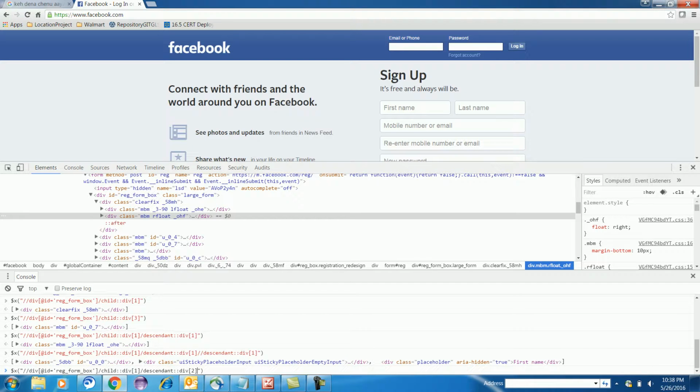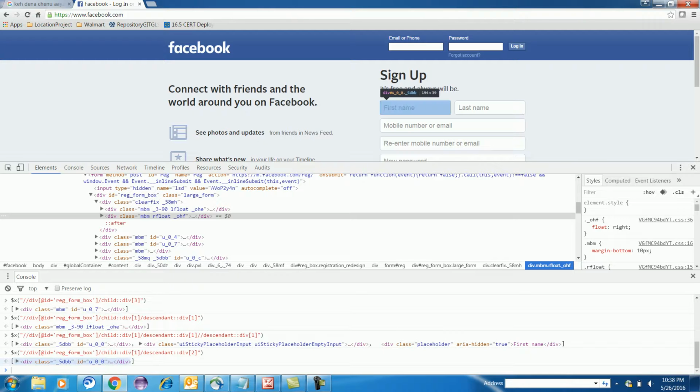So when I hit this, see, first name, still first name is getting highlighted, still the first name is getting highlighted.